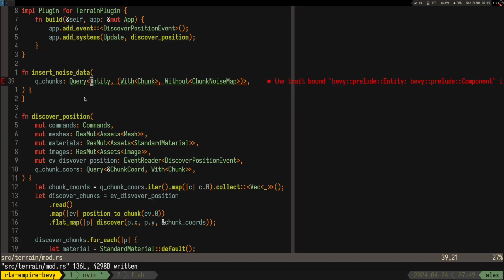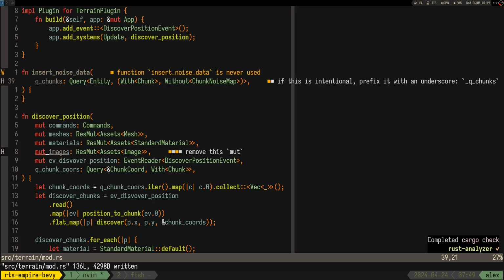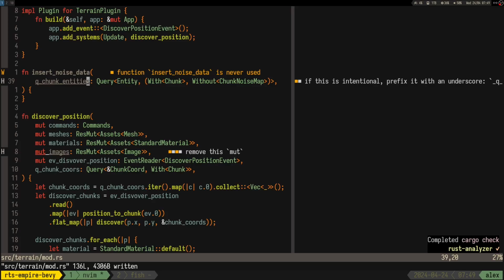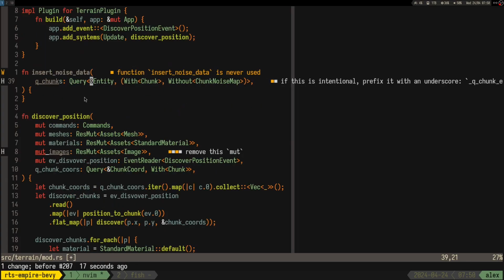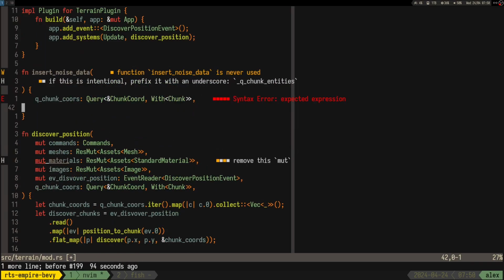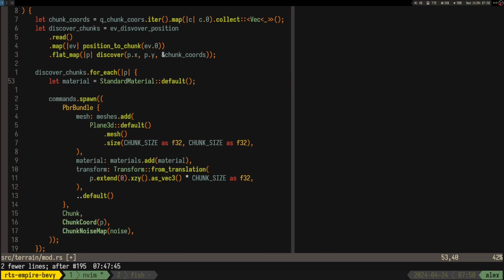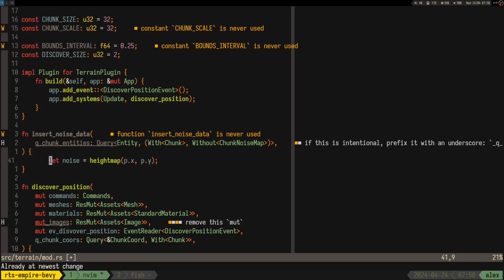Is it like entity like this? Yep. Query chunk entities, right? So we want the entities so that we can insert chunk noise map. Now I deleted the stuff that was important. So we need this thing. Oh, and yeah, obviously it makes sense. Maybe we want,